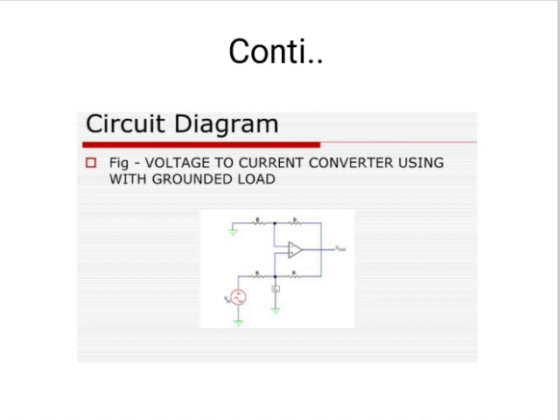The output current of the converter depends directly on the voltage drop across the connected load in addition to the input voltage. Since VR becomes Vin minus VL, the circuit is said to be imperfect. Now when we apply Kirchhoff's current law at the node, then I1 plus I2 is IL. Now we replace the I1 and I2 values.